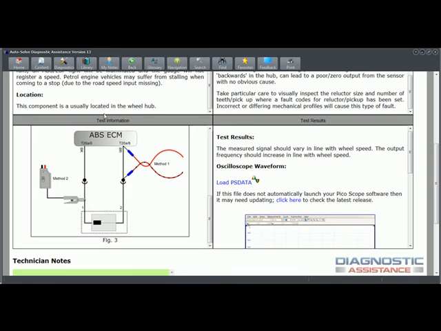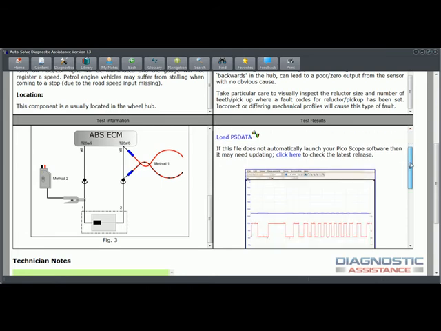So at this stage you should be getting a signal or some measurement into the tool that you're using, and that then is when we go to test results. So the test results are split into the test results, what you're expecting. If you're using an oscilloscope, it gives you the option to have a sample of the oscilloscope waveform that you're